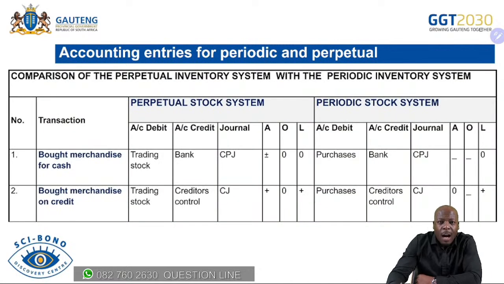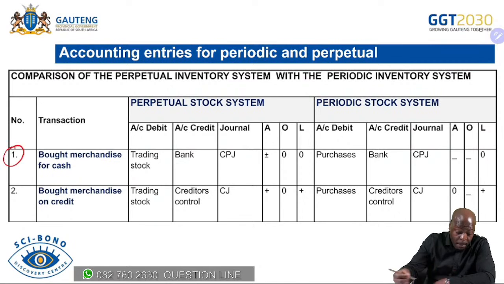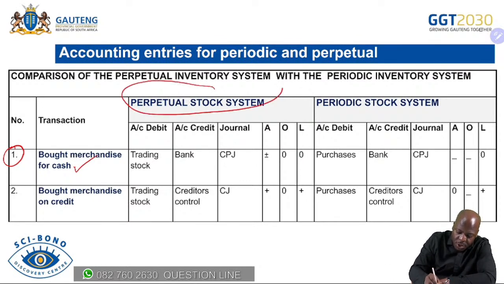Dear learners, I want us to quickly now come to the accounting entries for the periodic and the perpetual. Okay, so I'm going to do this comparing both the perpetual and the periodic stock system. All right, let's go. Number one is saying bought merchandise for cash. When we use the perpetual inventory system, dear learners,